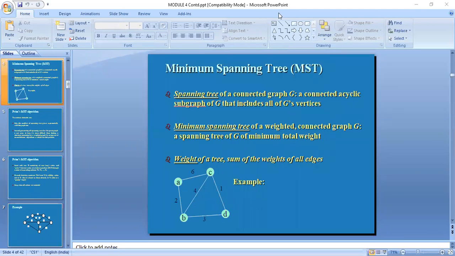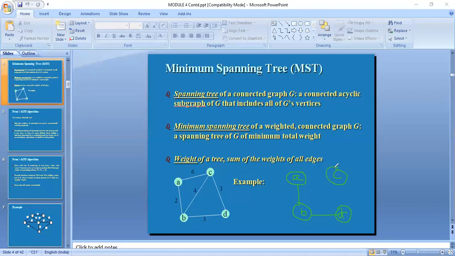For example, suppose you take the vertex A. The next vertex which you choose is of very less value, which is B. Then we will be moving on to D. From D we will be moving on to C.